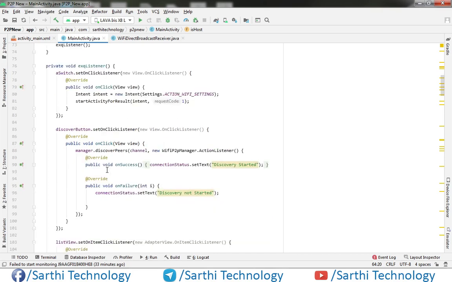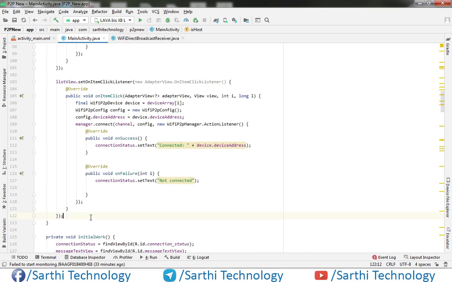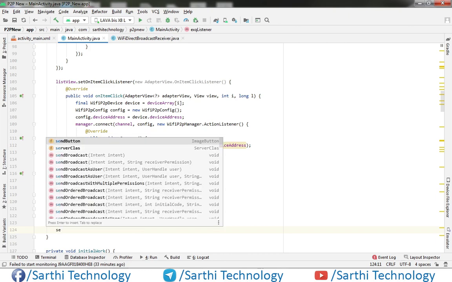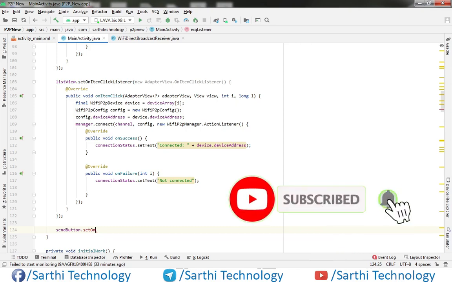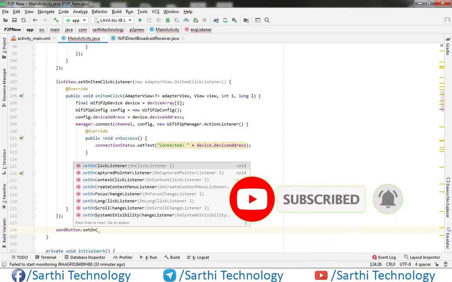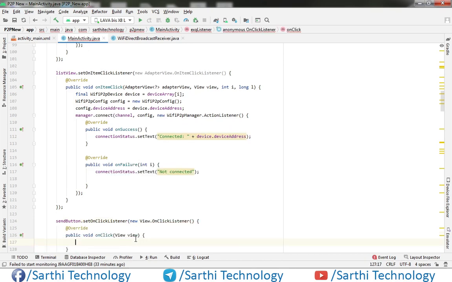So in this execute listener, after this list view, send button dot set on click listener, new on click listener,